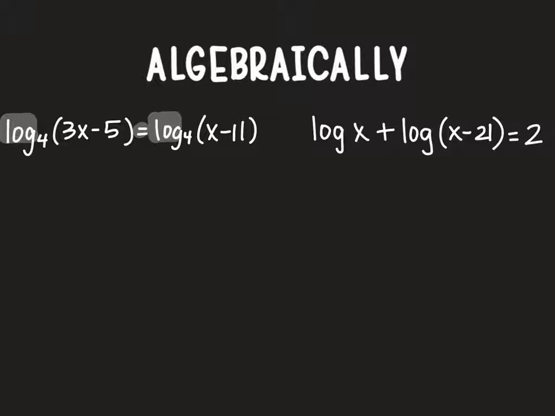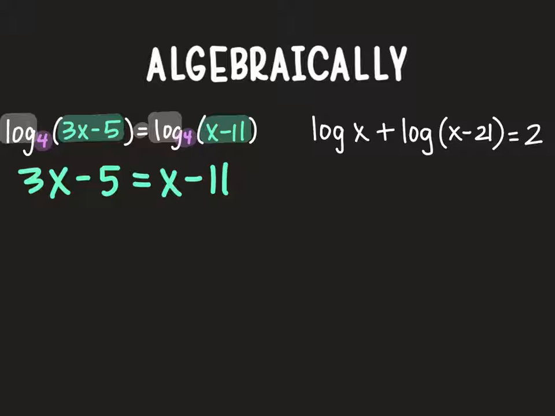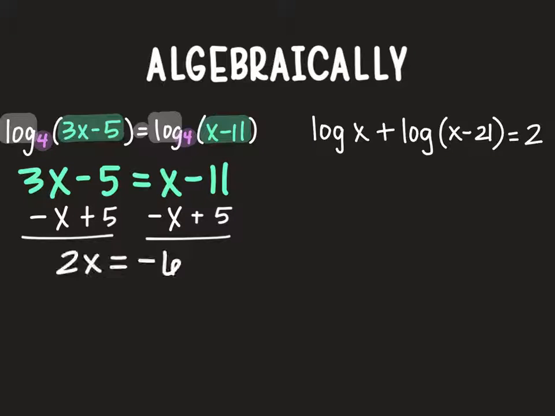With two equivalent logarithms, if the bases are the same, then so are the arguments. So we can write the equation 3x minus 5 equals x minus 11. We'll subtract x from both sides to collect all the variables on the left side of the equation, and add 5 to both sides to collect all the constants on the right side of the equation, which will leave us 2x equals negative 6. Now we divide both sides of the equation by 2 to isolate x, and we get